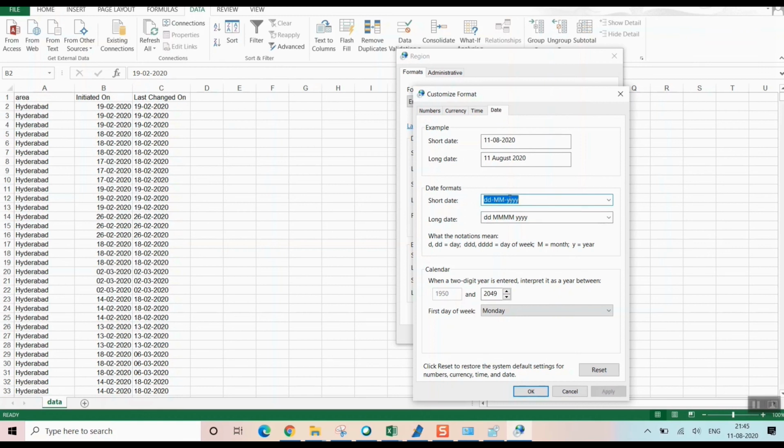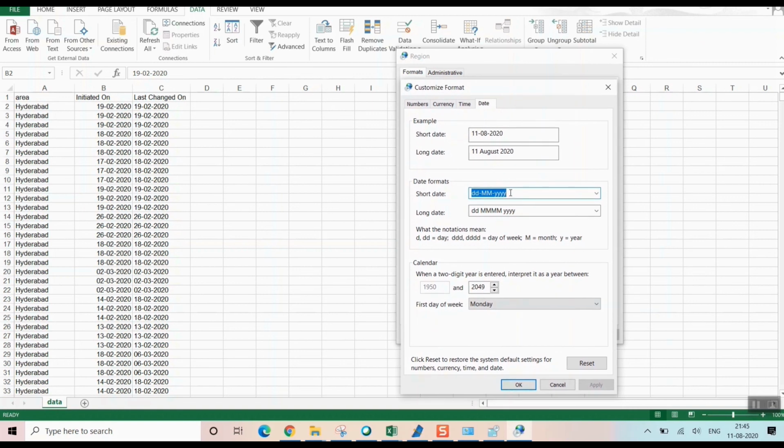So friends, if you happen to face any problem in Excel, as well as if you want to change the date format in your own PC or laptop, please use this method in Windows 10. In Windows 10, this is very easy. Follow the steps that I showed you just a while ago to reach this window and easily change the date format. So friends, that's it in this video. Hope this was very useful.